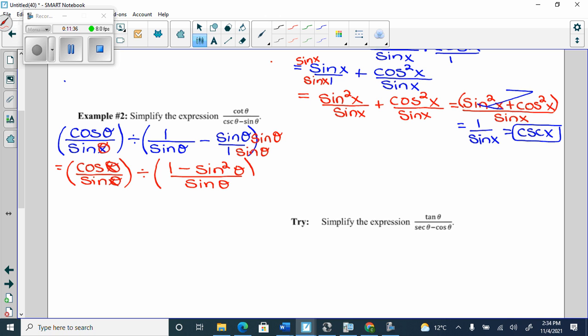Now, with all the brain power we just learned, am I allowed to flip it? Yep. Do I have a full fraction, numerator over denominator, divided by a full fraction, numerator over denominator? Yep. Now I can flip it. If you know that rule, your life will be so much better. I promise you. So we're going to get cos theta over sine theta